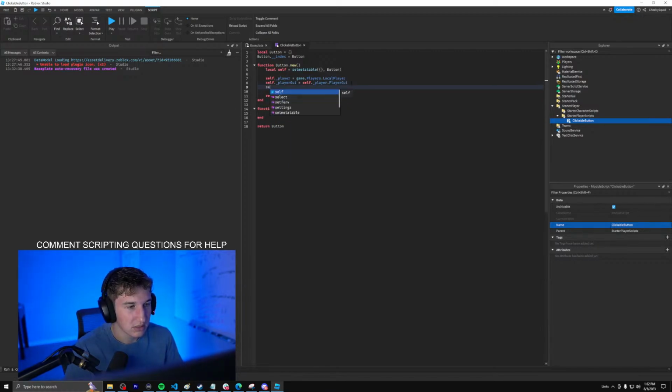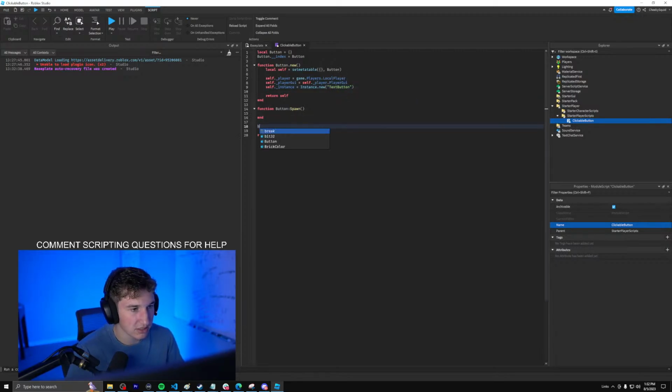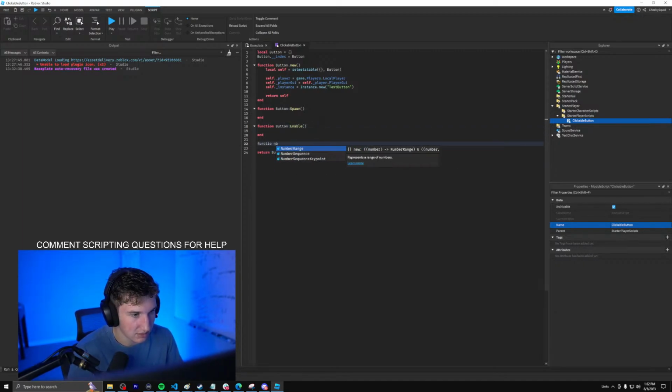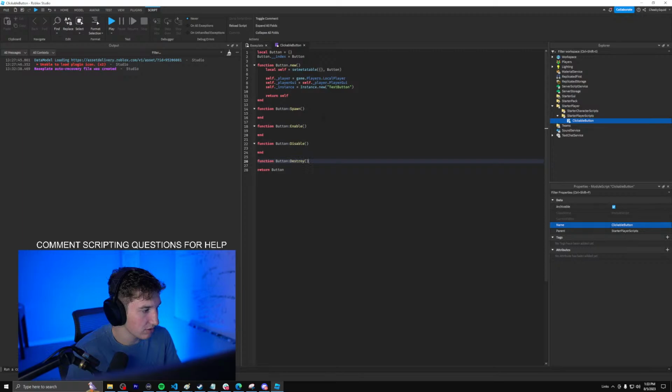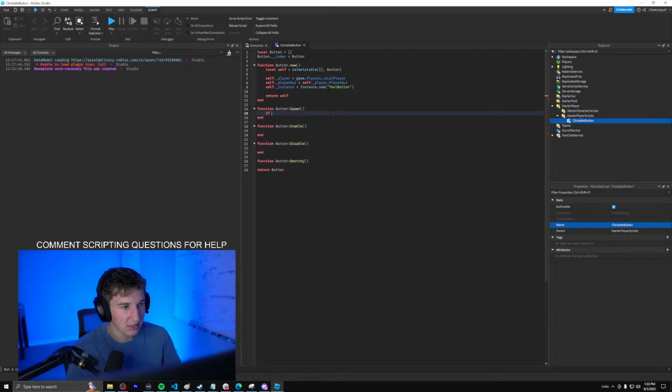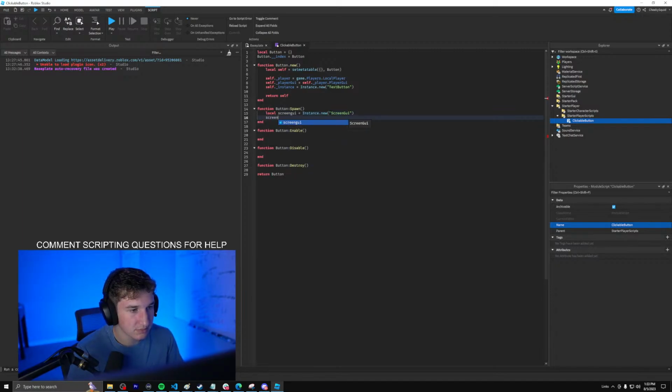Let's also do self._instance equals instance.new text button. So we'll do function button spawn, function button enable, and function button disable, as well as function button destroy. Okay, so let's do this. What we're gonna do is make this spawn method first. For now I'm just gonna create a screen GUI. So I'll do local screen GUI equals instance.new screen GUI dot parent equals